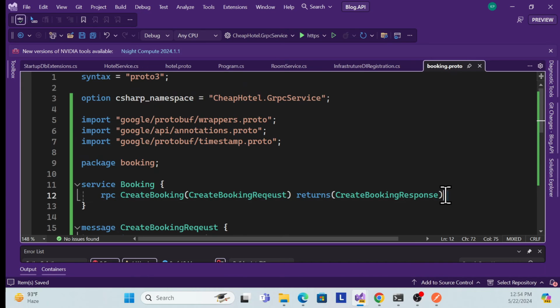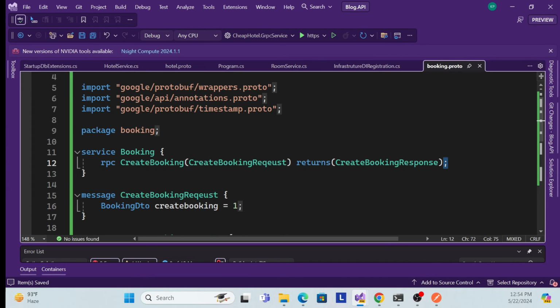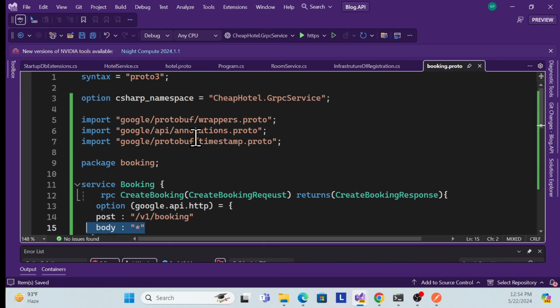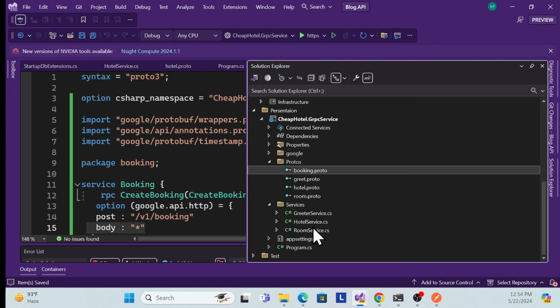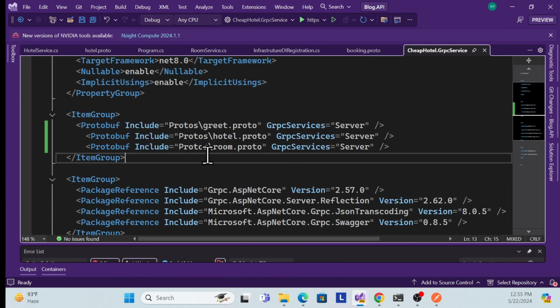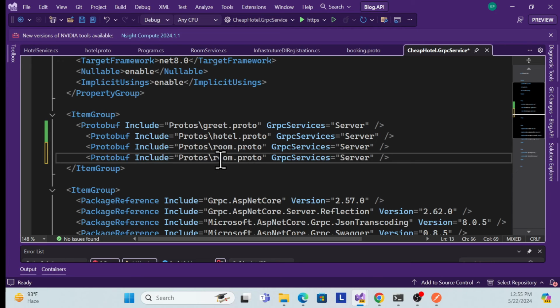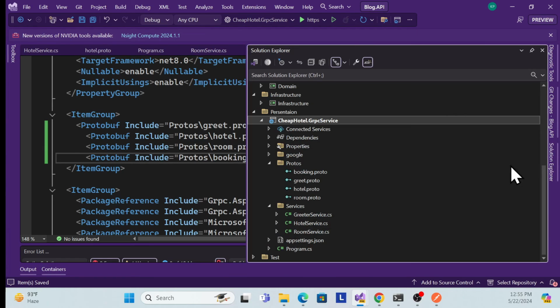And the last thing, we have to convert it into our REST API, right? So we have to do that. Again, we can use the lambda expression, using Google API HTTP, using post and using body, right? So that is done. Now we have to implement our service. But before that, what I need to do is go to the service project file. We have to include it over here so that our compilation can get generated. So let me quickly change it over here from room to booking and save it,